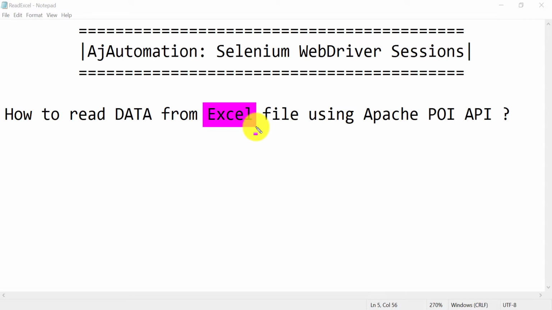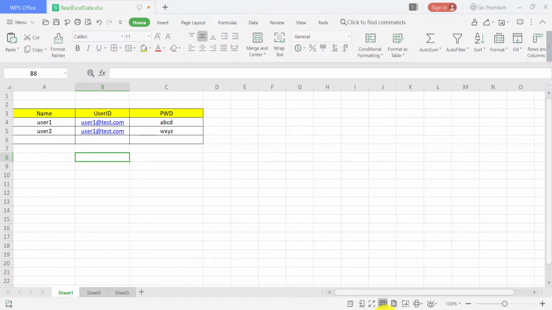case. Ideally, we don't want to use hard coded data in your test case. Our test case method should be a generic one, which will accept the dynamic data, and that data can be fetched from the external files, Microsoft Excel or CSV. So today we will see how to get the data from external files, and you can reuse that in your test case. So external files, let me show you that.